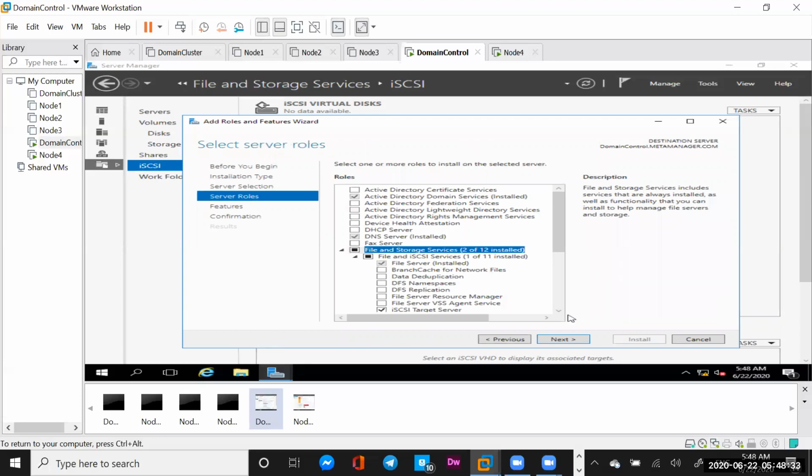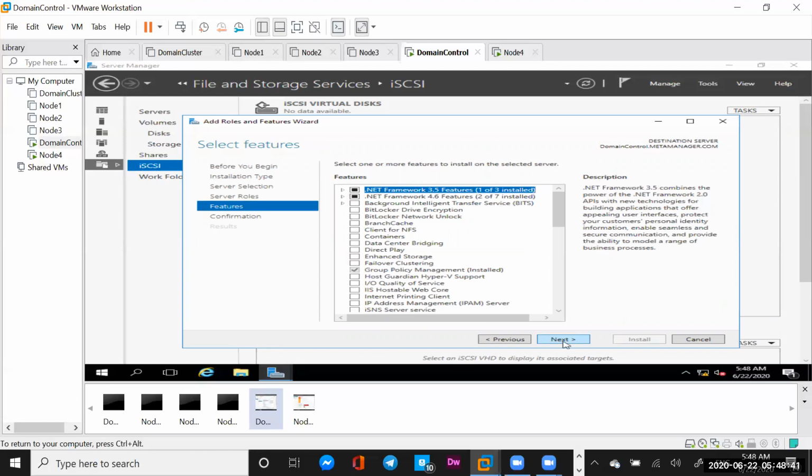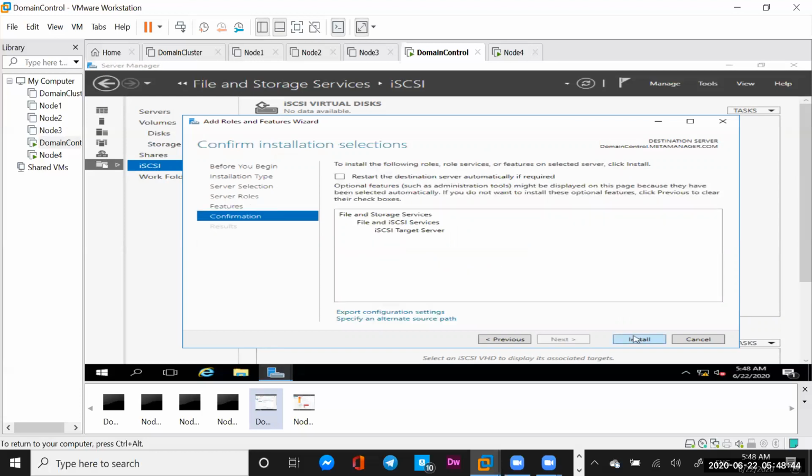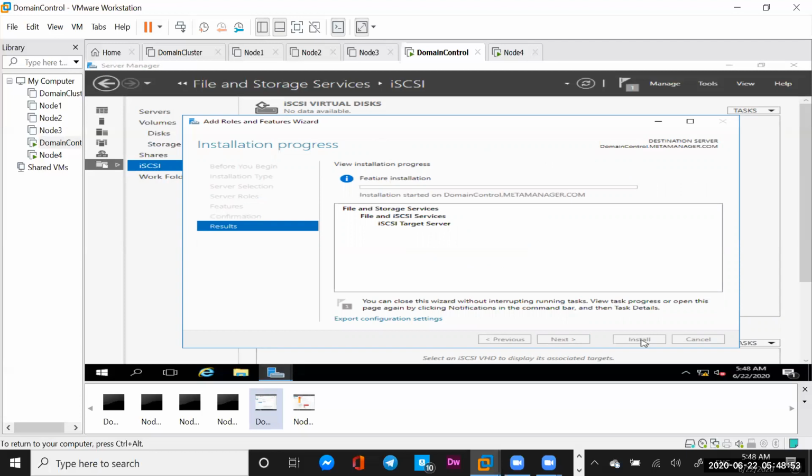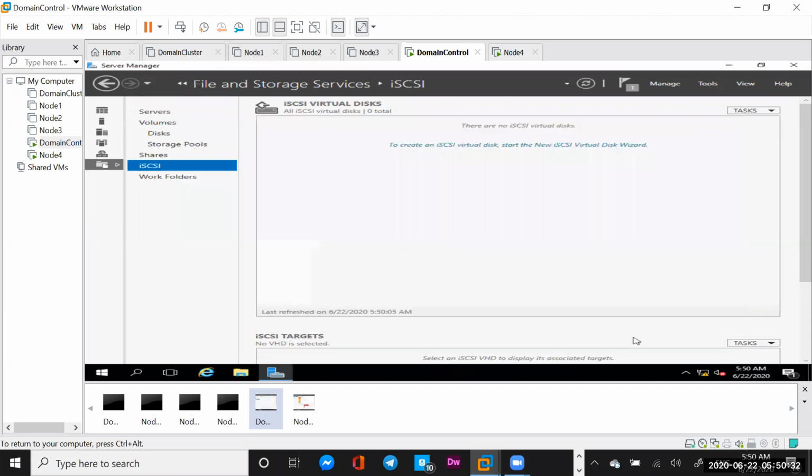This is about installing the file storage services. Just don't do anything here, just next. It's all set, install. This may take some minutes. Okay, now this installation complete. I mean the addition of iSCSI role. Okay, to create a new iSCSI, we have to go to task,